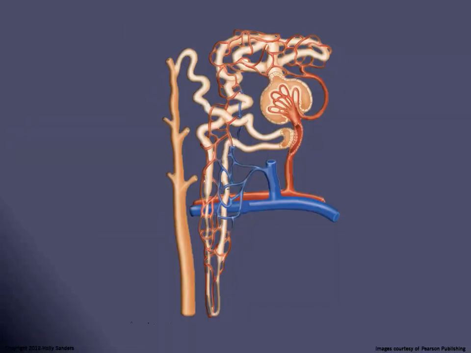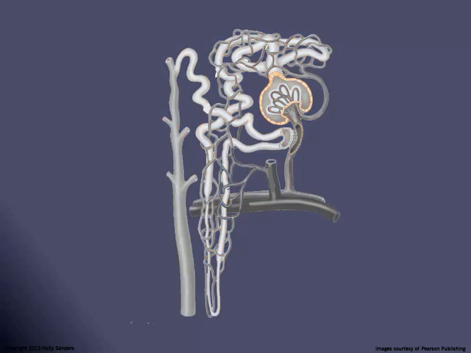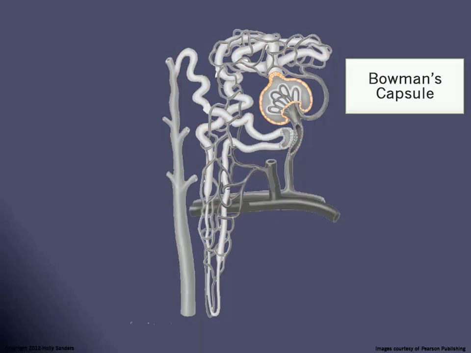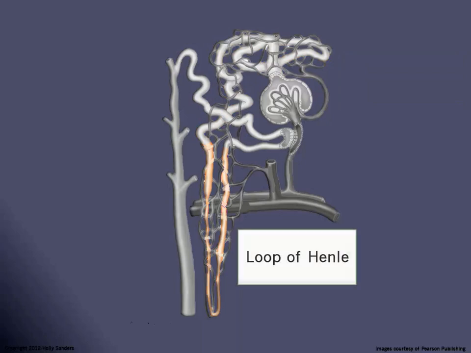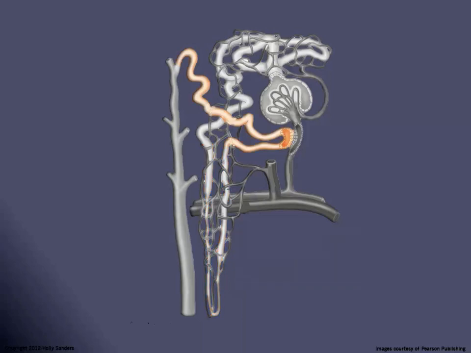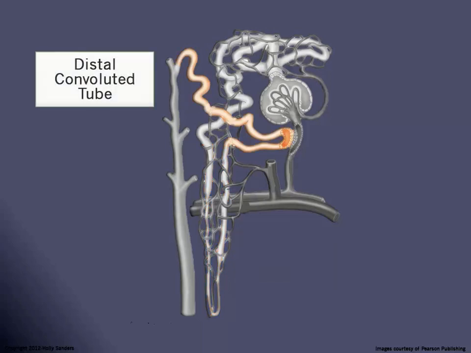Now let's follow the filtrate through the nephron. After exiting Bowman's capsule, filtrate enters the proximal convoluted tube. This is located in the renal cortex. Next, it goes through the loop of Henle, which is located in the renal medulla. And then finally, it will work its way back up to the renal cortex to the portion called the distal